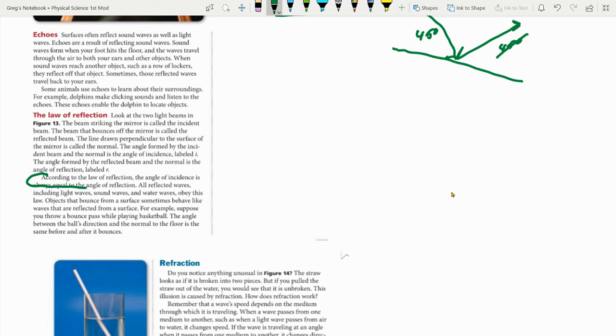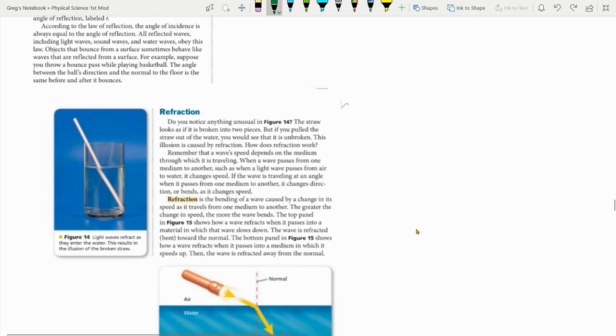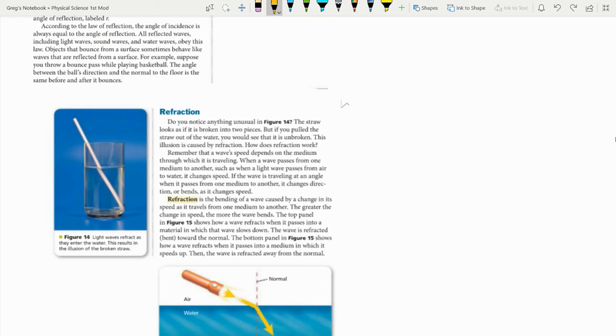Right here, this is the important one. Okay, we'll take that off there because it's kind of smearing it. But there you go. Refraction. Now what happens here is as a light beam, let's just change color. Yellow. We're talking about light beams, so let's do yellow. Okay. So what happens if I have,